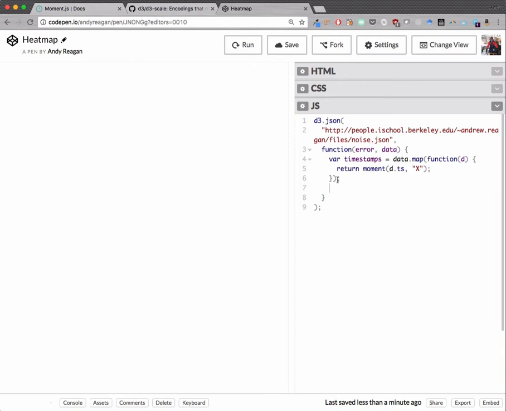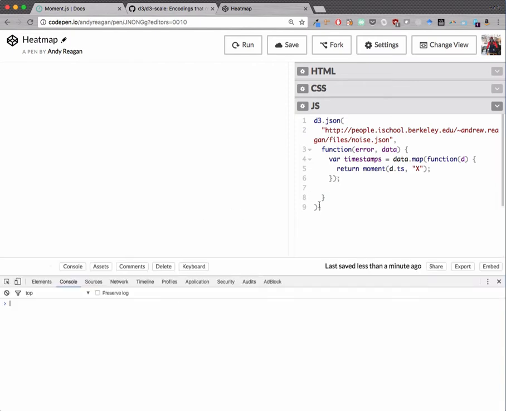We can first go ahead and look at the data just to get familiar with it. So if we wanted to look at what we have in timestamps, we could look at that. If we look at what we're able to get out using the moment library, we can run this and look at what we have in the timestamps. So this should be an array of timestamps, and it takes a little while to run moment through these. So if I go ahead and run it,